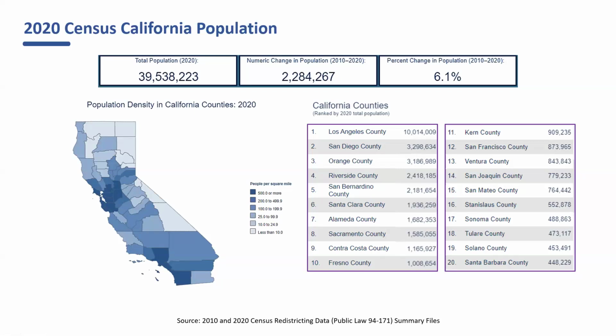You can also see the list of the top 20 counties having the highest population in California, with the top 3 counties being Los Angeles, San Diego, and Orange counties as the most densely populated areas. So these are just some really basic statistics that you can get via the decennial census. We'll go over a few tools today that will also highlight how to access some basic demographic data as well. So just a little fun infographic based on decennial data from the most recent 2020 census.